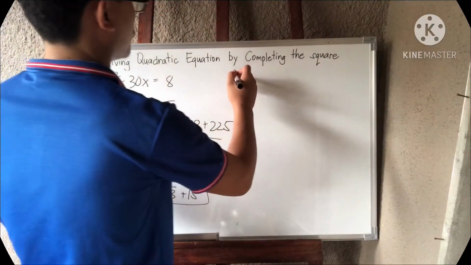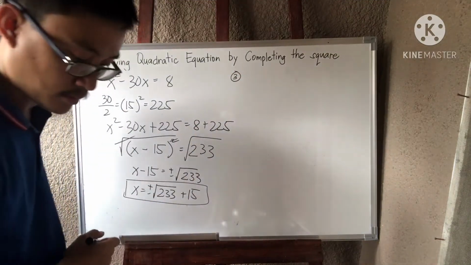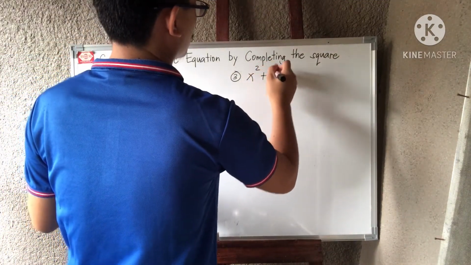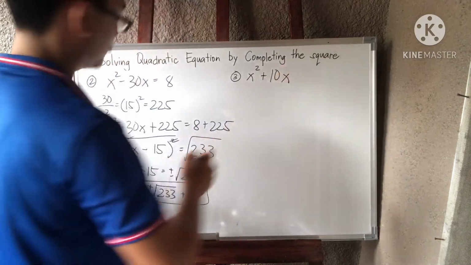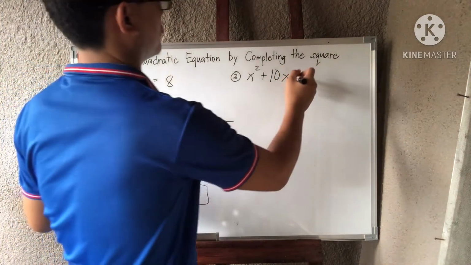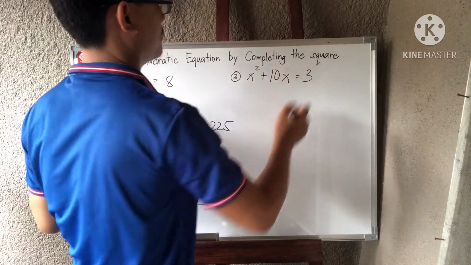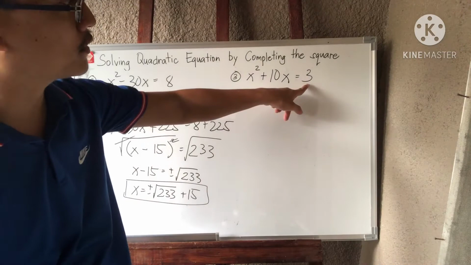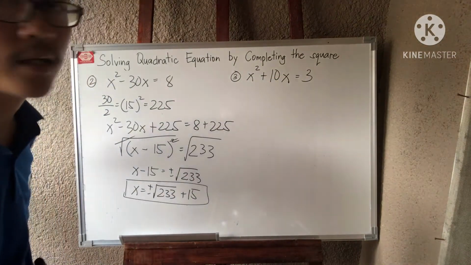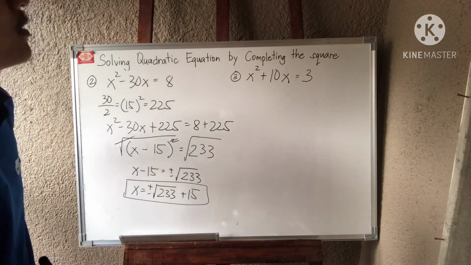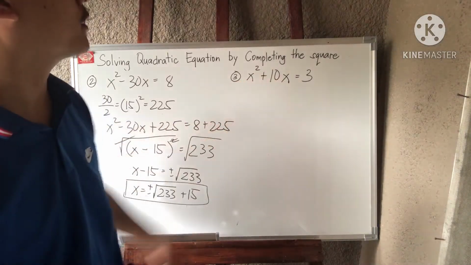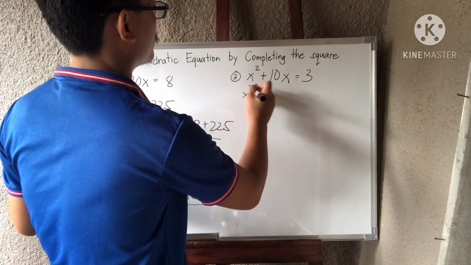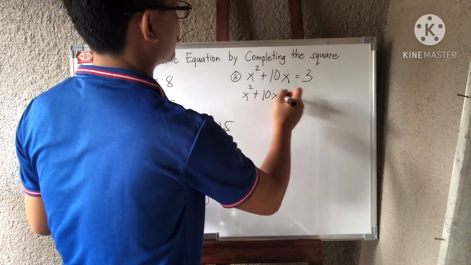Okay, this example, we have x squared plus 10x equals 3. The same with yung sa second example natin, yung constant nandun na sa right side. So we're going to make the left side again a perfect square trinomial. So this is x squared plus 10x plus,